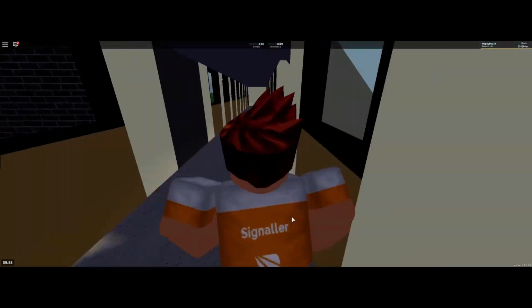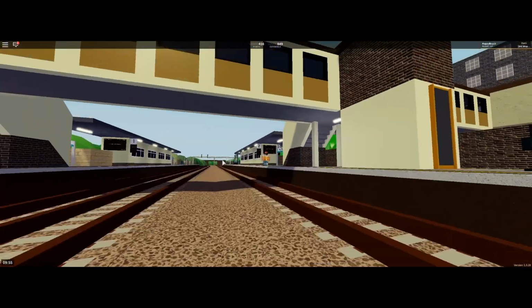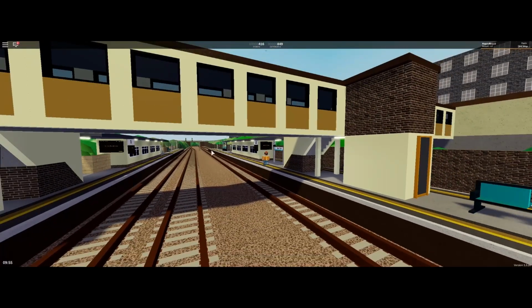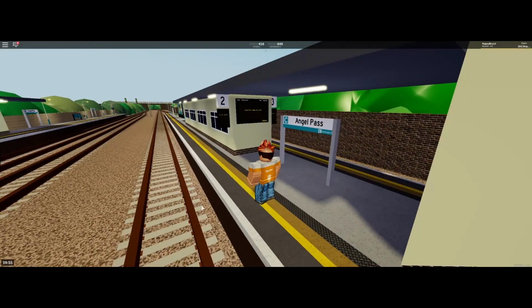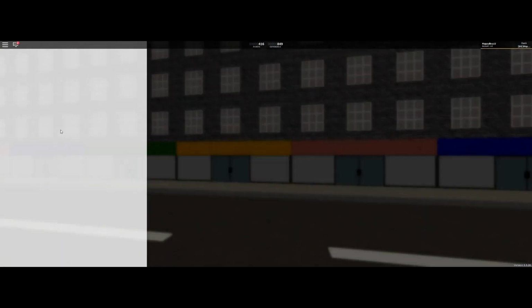Angel Pass. This doesn't have any spare platforms or tracks, but there could be space for maybe one more track to go here. For this line bit here, there's only one platform going through towards Edgemead and Leighton Stepford Road, and these trains don't stop here, so they just completely dodge the platform. But here they just come through this platform, but if there's a train here, it just comes through this platform here. So right, so Stepford East,